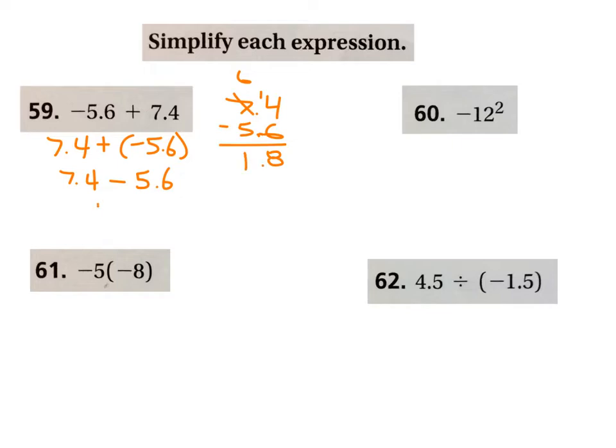0.8, and we get 1.8. Makes sense. We can kind of verify some part of this idea in that there's more positives here than negatives, so we should be left with positives. So that seems like it's a legitimate thing. Okay? That's the answer. Number 60,